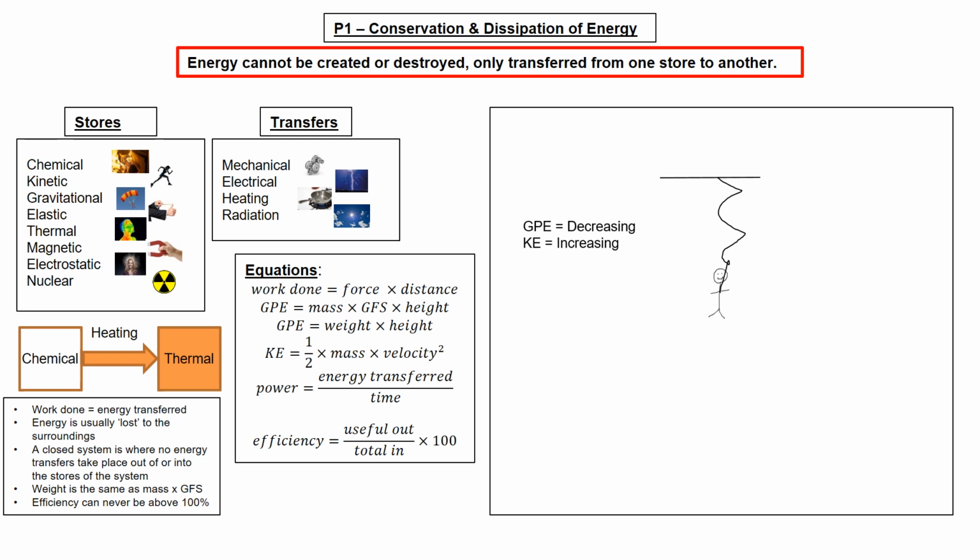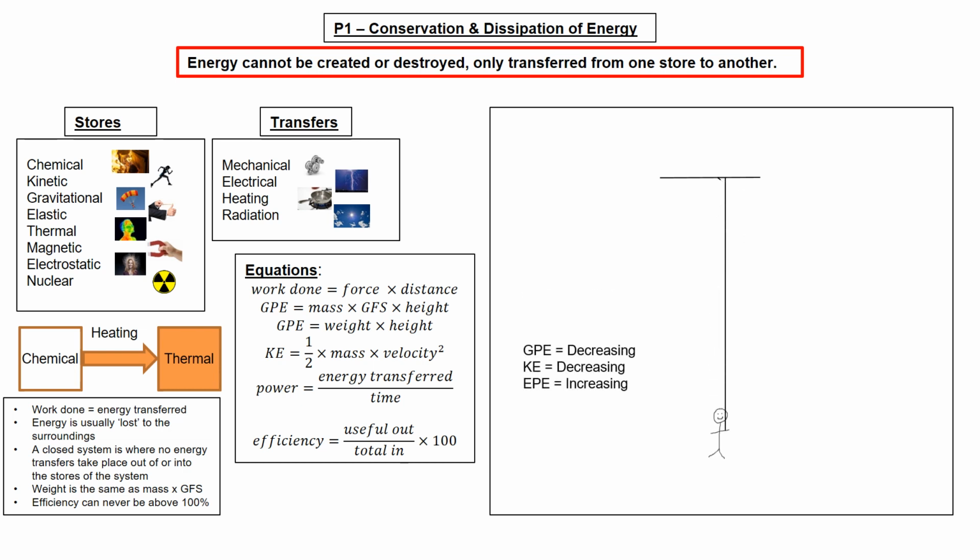Now you'll notice that at this point, the elastic band, the bungee cord, is still a little bit slack. It's coiled up, not fully stretched yet. At this point, just before it starts to stretch, the kinetic energy is at a maximum. Then we lose some energy from the gravitational potential and kinetic stores into stretching that elastic band. So the GPE is still decreasing, kinetic energy is now decreasing, and our elastic potential energy is increasing. When the bungee jumper reaches the bottom of the jump, the elastic potential energy is at a maximum.